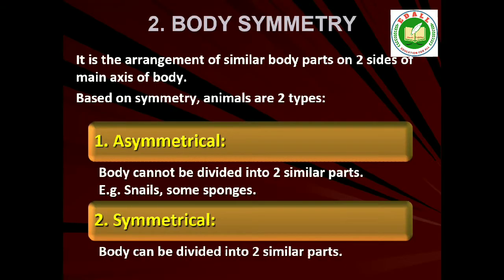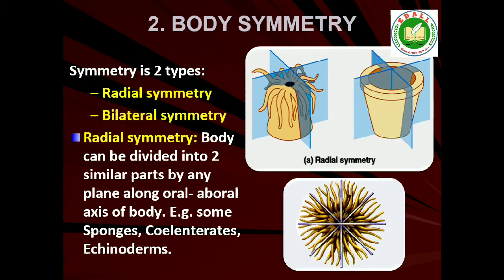Second is symmetry. Animals can be categorized on the basis of their symmetry. Sponges are mostly asymmetrical, that is, any plane that passes through the center does not divide them into equal halves. When any plane passing through the central axis of the body divides the organism into two identical halves, it is called radial symmetry. Coelenterates, ctenophores and echinoderms have this kind of body plan.